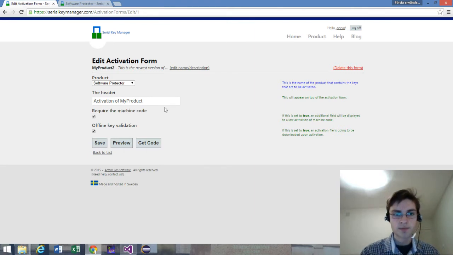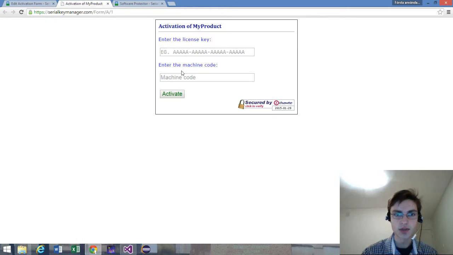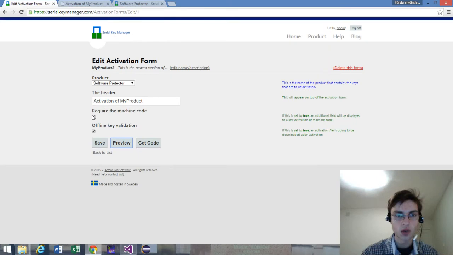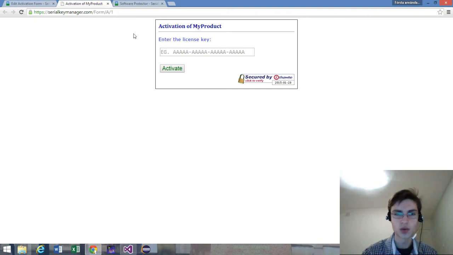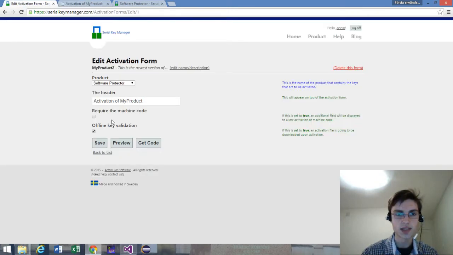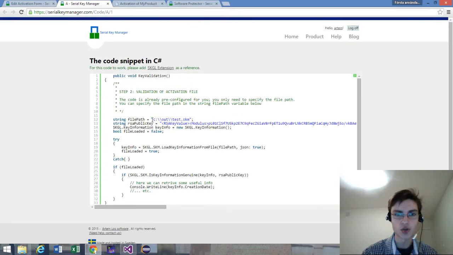But basically that's it. And if you try to preview the form, you can see I have the machine field available here because I've set that option to be true. Well, if you would have done it in the following way, no machine code would be displayed. If you then press get code, you will get some code that you can put directly into your application, and